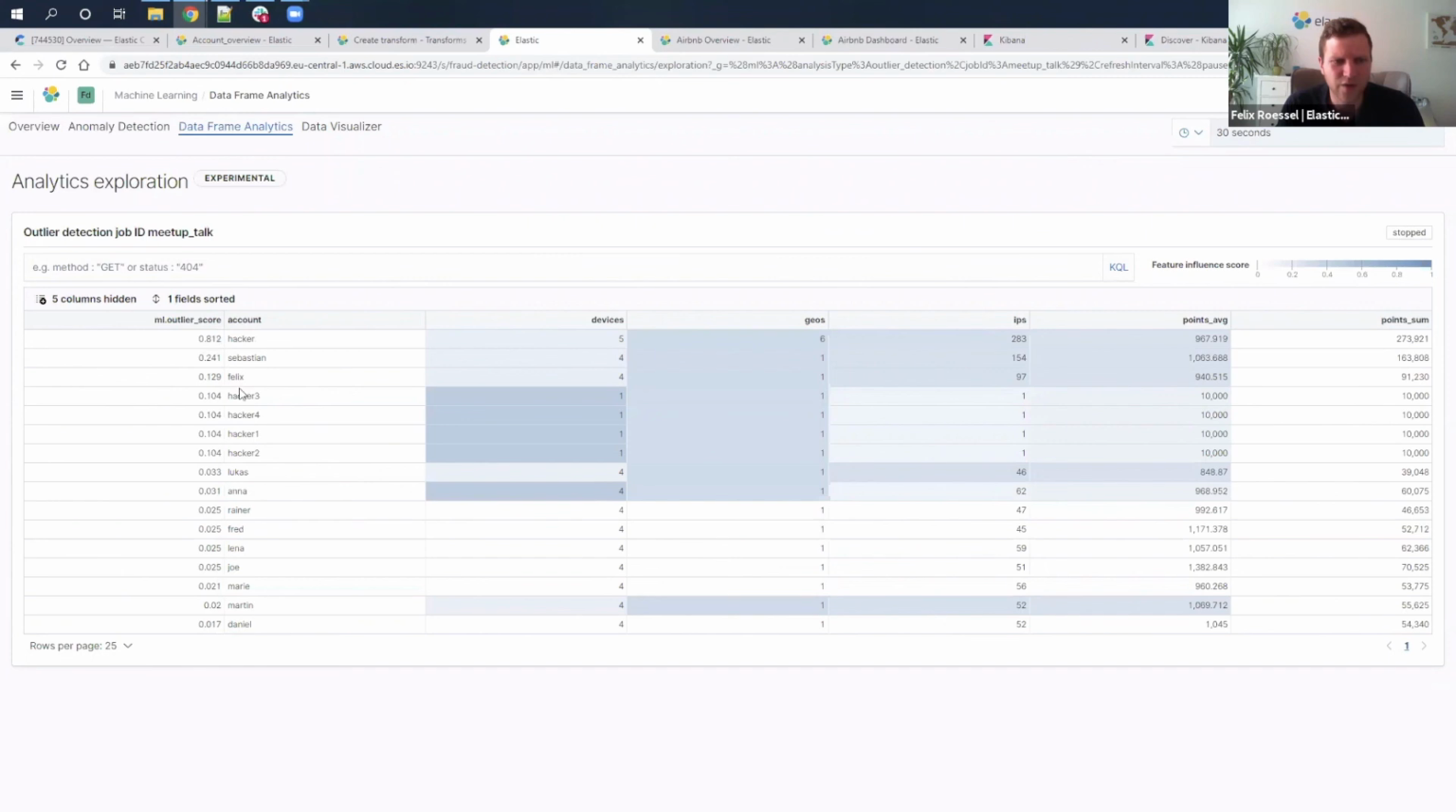And I also have my personal bank account here, so to say, and I have a couple of different other hackers that are behaving special. And I can now really detect those things based on the data frame analytics. It does not mean that they are really doing fraudulent stuff, but this is one of the indicators that we could use to check that this specific account